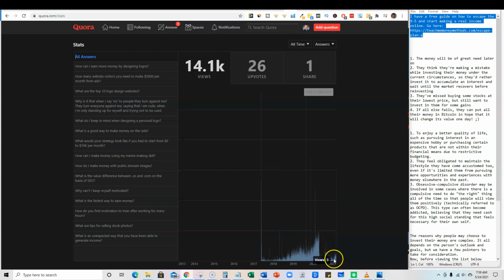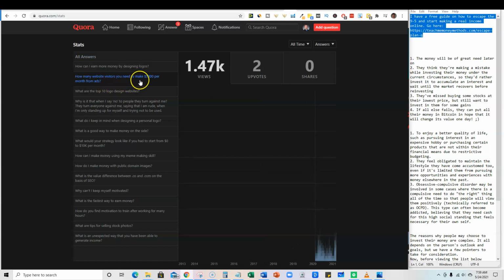I want to see a massive spike down here. And you can also see this spike over here. Maybe I'll do another video on that, but that was because I created one space, a Quora space, and this one right here, how many website visitors you need to make 5,000 per month from ads, has gotten a ton of views, almost 1.5 thousand views and 2 upvotes just from there.